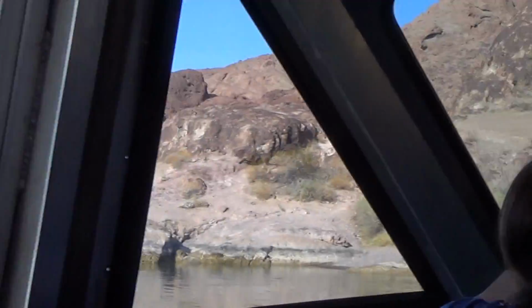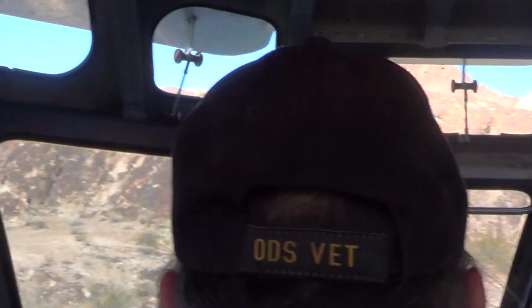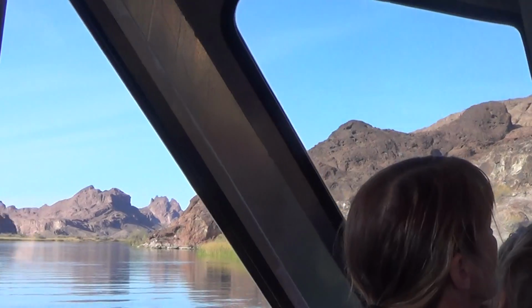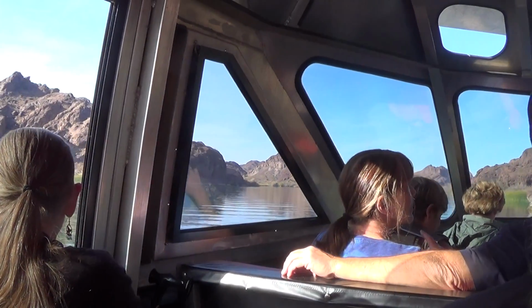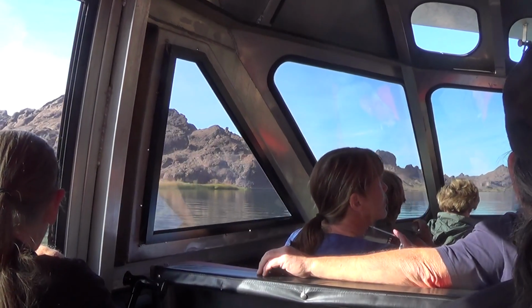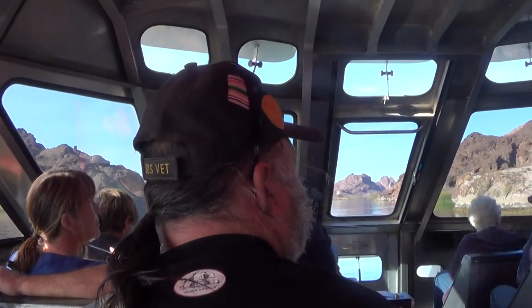We're on a jet boat tour, and it's 58 miles between Laughlin, Nevada, and Lake Havasu City, Arizona. The trip takes about 2 hours. The boat gets up to 30 miles per hour. I see a nice